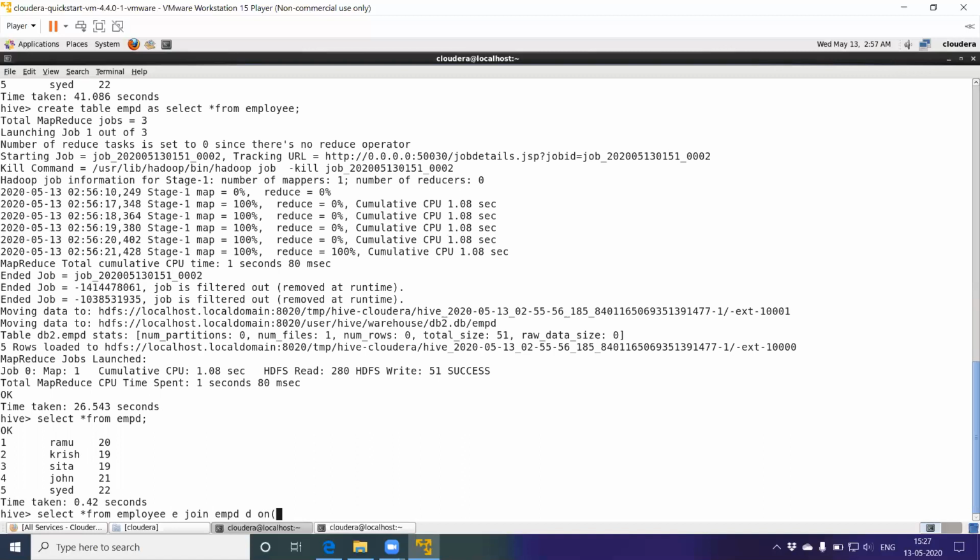Let me join based on ID. So E is an alias for the first table, D is an alias for the second table. I'm trying to join using an ID, so E.id is equal to D.id.